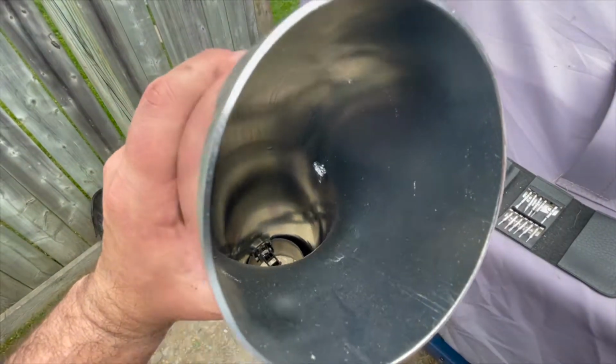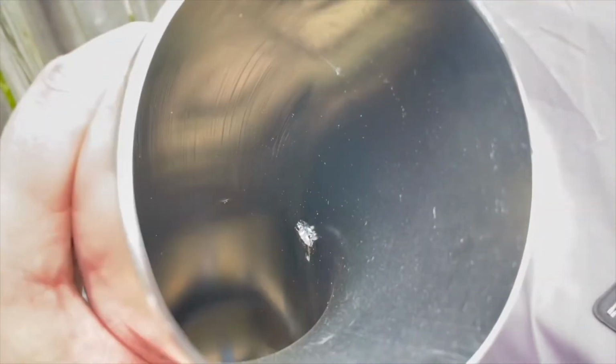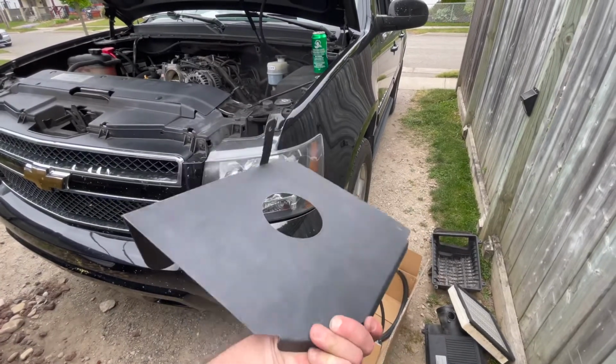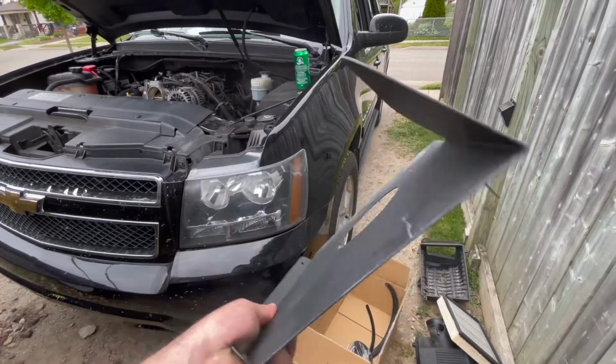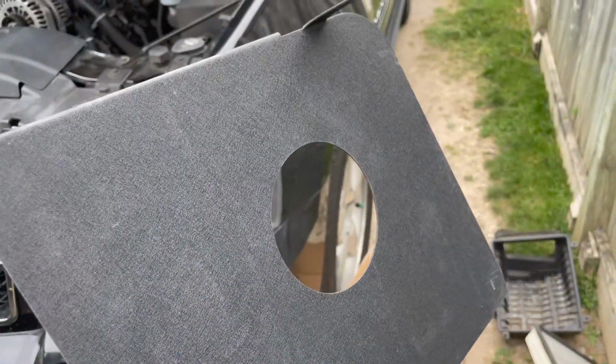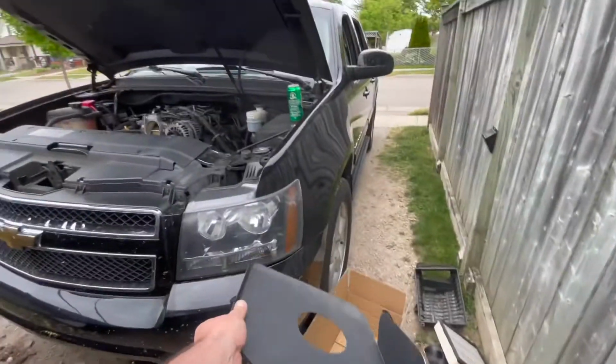Something that I noticed on my unit here is there's a couple metal burrs. I'll be cleaning that up, and I would suggest that you do too if you have the opportunity, because you don't want those in your engine, obviously. All right, so we got these unwrapped, and it's nice quality. This is kind of like a heat-resistant black paint. It's not super light, but let's be honest, if you're driving one of these,